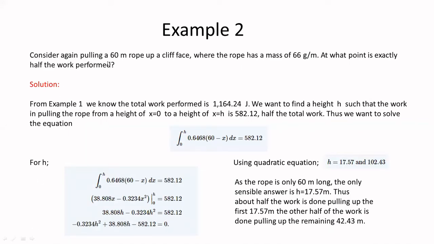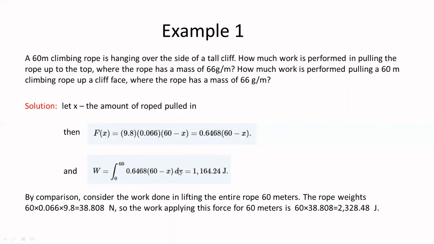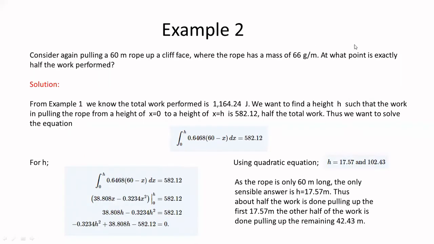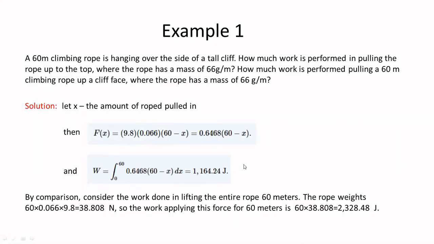Now, consider again pulling a 60-meter rope up a cliff where the rope has a mass of 66 grams per meter. At what point is exactly half the work performed? So it's the same as this particular scenario in example 1. However, it's asking at what particular displacement from the original location of the end of the rope was it lifted up the cliff to reach half of the total work done. So from example 1, we know that the total work performed, so this is our total work performed,